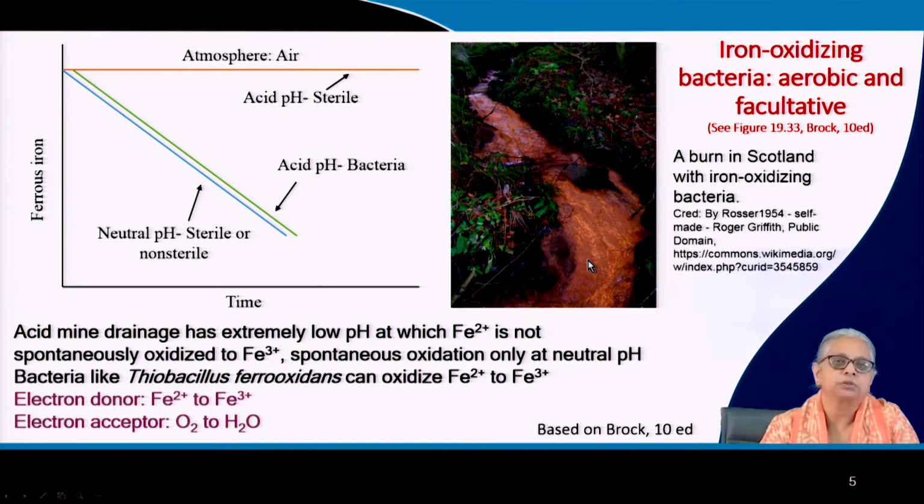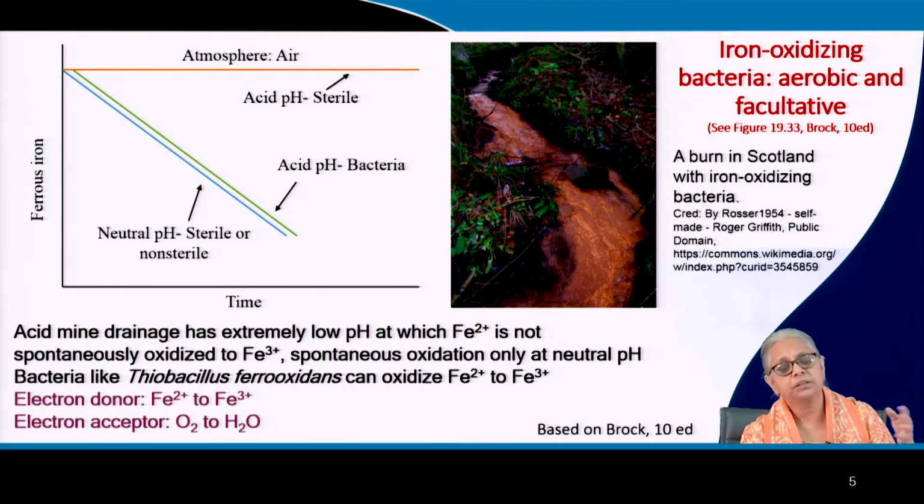Now acid mine drainage comes out of these mining operations, and it tends to have extremely low pH. So very often you will find that acid mine drainage has pH around 2 or even lower than that. Now in general, this kind of drainage has very high iron content, and we are used to thinking that